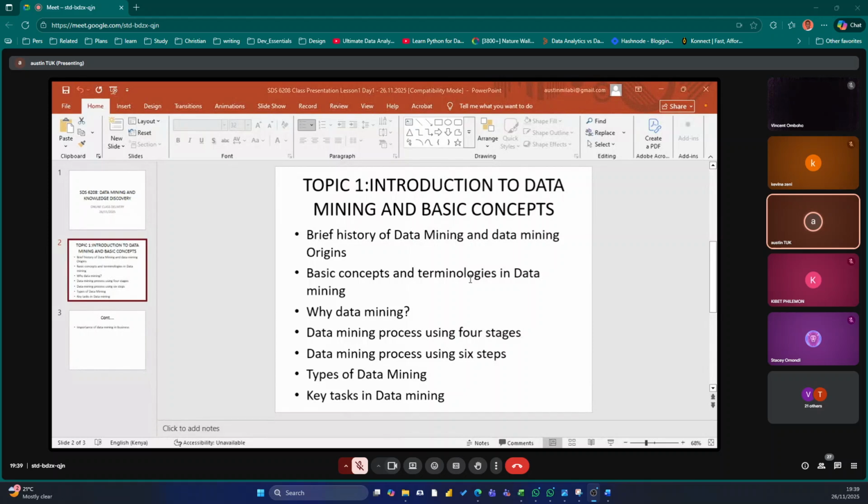Data mining process, using those stages, we have got stage number 1, which is data gathering. And this one may involve you collect the relevant data for analytics and application.